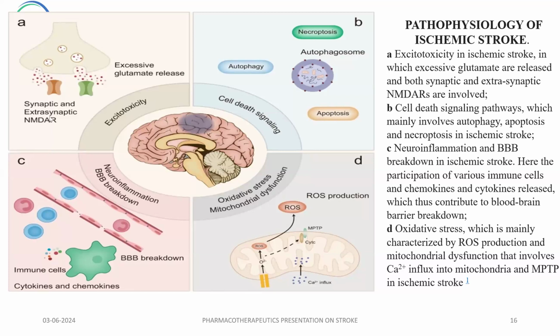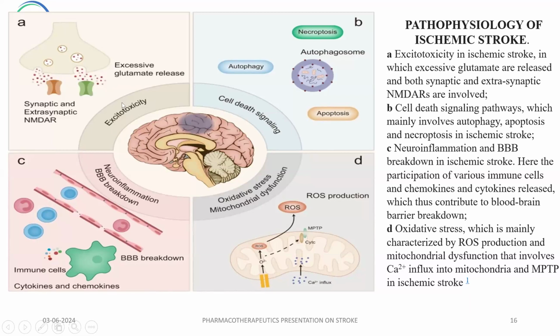So, the first process that starts is excitotoxicity. There are four processes when we are understanding the ischemic stroke. There are four steps that are happening: excitotoxicity, cell death signaling, neuroinflammation and blood barrier breakdown, and oxidative stress and mitochondrial dysfunction. In excitotoxicity,